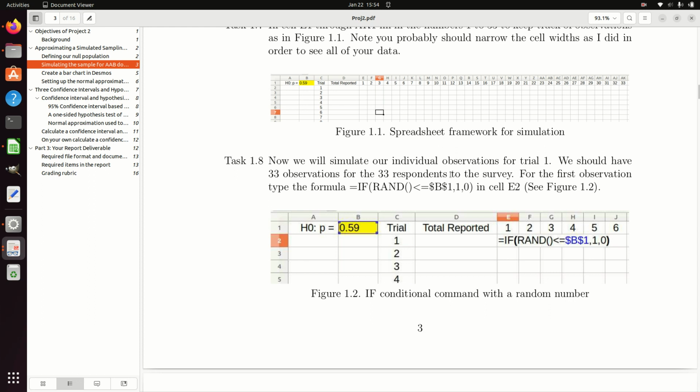Well, okay, let's get started. Let's make this part of the table that we need to fill in up to the random numbers. And so we have a label here, H0. We're just labeling our null hypothesis and putting in our 0.59. We'll have a whole bunch of trials, total reported, so might have to keep coming back to this, but